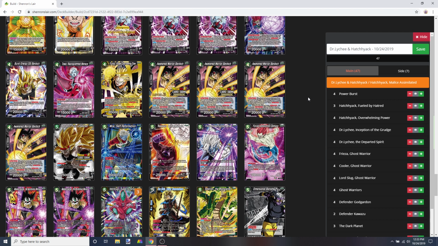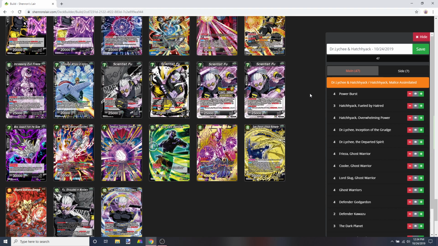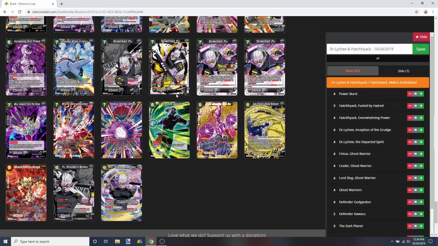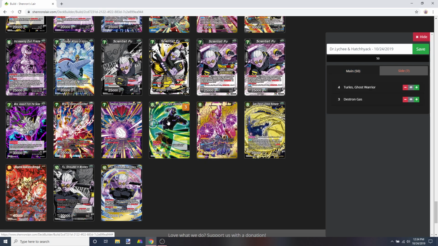I have to think. What would be... Because we're never really going to overwhelm in this deck. This deck doesn't scream overwhelm. But I think teching in Fu, the Dark Banisher, is still a good idea. So you only need 8 cards in the drop. So that might be the challenging part, and he might actually change, but I think teching him in is not